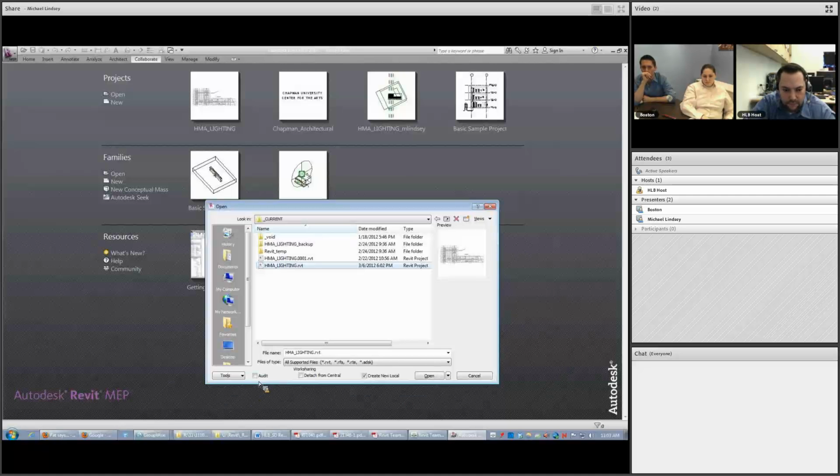The second two boxes it has here are for work sharing. The first says detach from central. As I understand that in talking with Peter, that is meant to be a time where we've completed 100% design development and we want a snapshot. We want to save a copy of the model on that day.